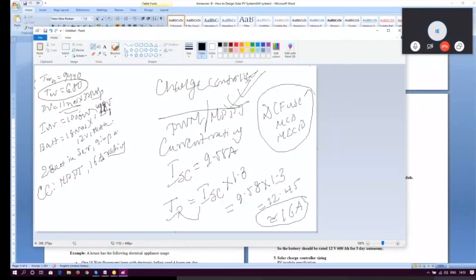Aditya, I would ask you to take the snapshot, please. I'm again repeating. First was the roof analysis, next was the off-grid load analysis, followed by PV system sizing, inverter sizing, battery connection method, like whether we need to do it in series or parallel, and lastly the charge controller type, MPPT or PWM, and the rating. What amperage rating we need to take for the charge controller. Fine.